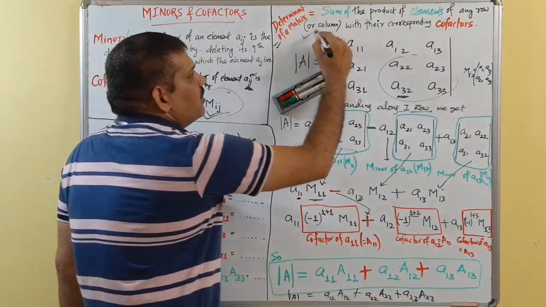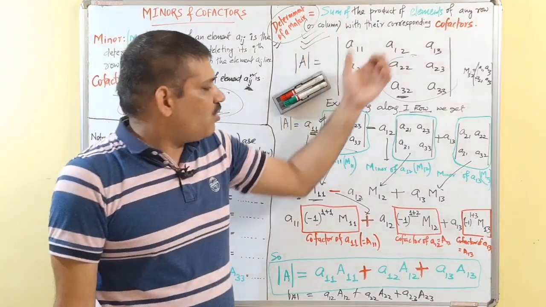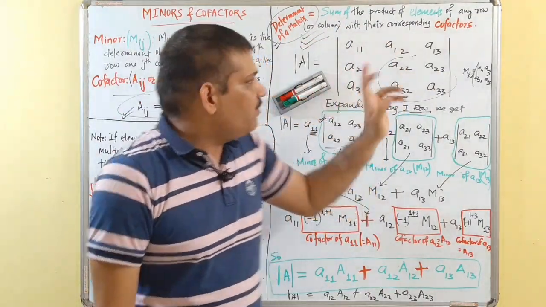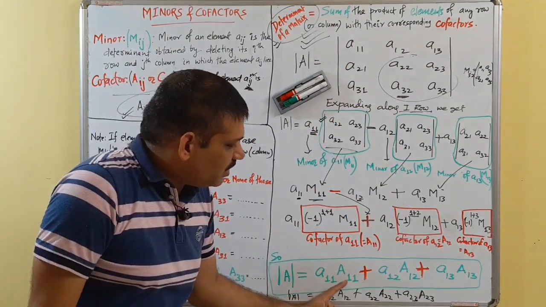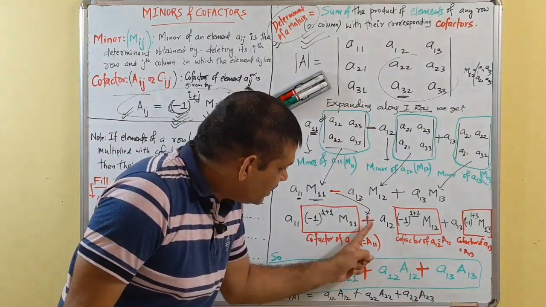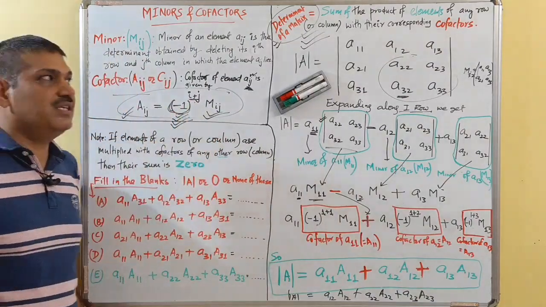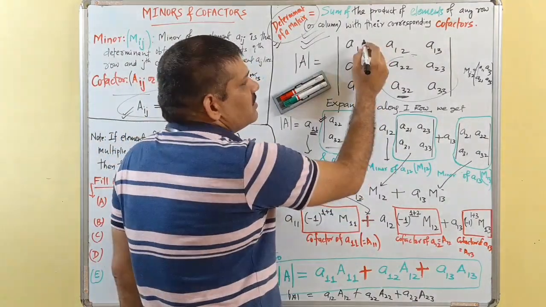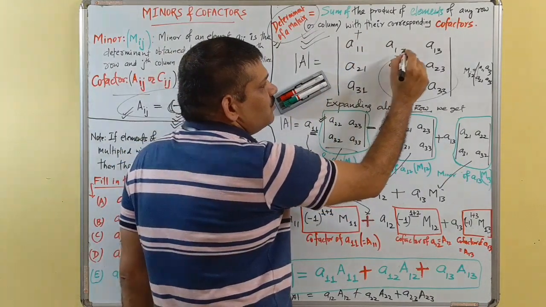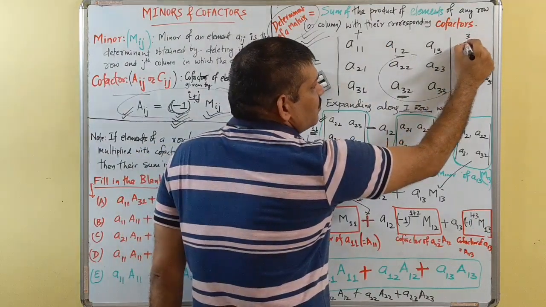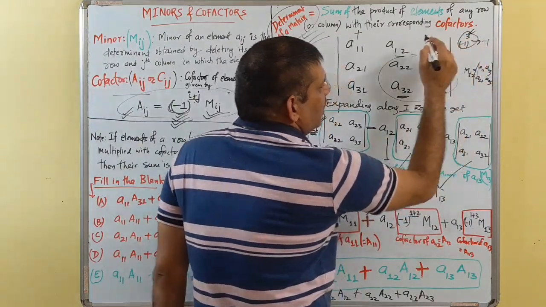Now we try to understand this definition. How is the determinant of a matrix obtained? Simply the sum of the products of the elements of any row with their corresponding cofactors. We have chosen the first row: A11 is multiplied by capital A11, plus the rest. Now this negative sign is automatically adjusted by minus 1 raised to i plus j. That's why in the very first exercise we learned that for 1 plus 1, i plus j is even, so it is positive. For 1 plus 2, that is 3, minus 1 raised to 3 is negative just because it is an odd number.